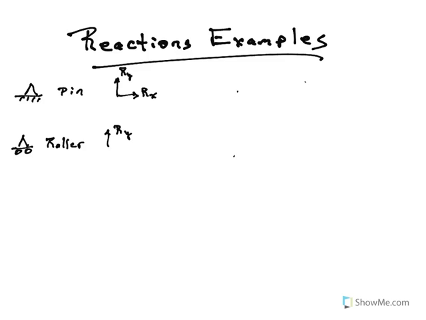Alright, and lastly, the final type is just a normal kind of fixed support. So the bar is just hammered into the ground, a telephone pole or something like that, or a basketball goal. The thing is dug into the ground or cemented into the ground or something. This is called a fixed support. And if you think about trying to apply forces to this, if you try to push this pole to the right, it doesn't want to move to the right, so it reacts back, so you'll have a horizontal reaction. If you try to push down on this pole, of course, it doesn't want to go down into the ground anymore, or you try to pull up, it can't get pulled up out of the ground, and so there must be some